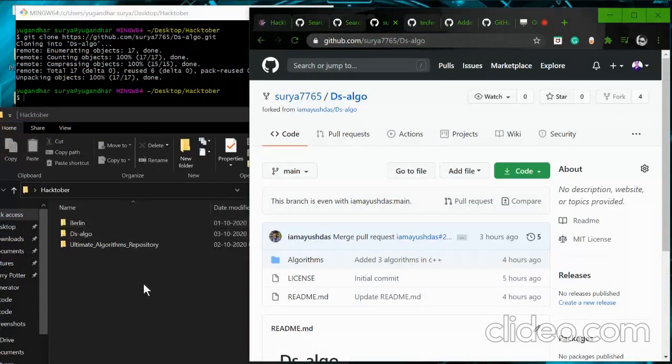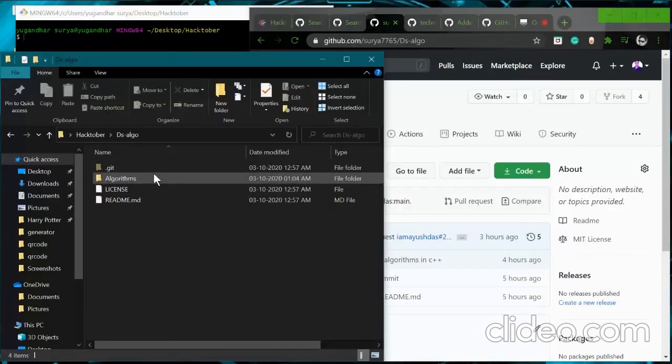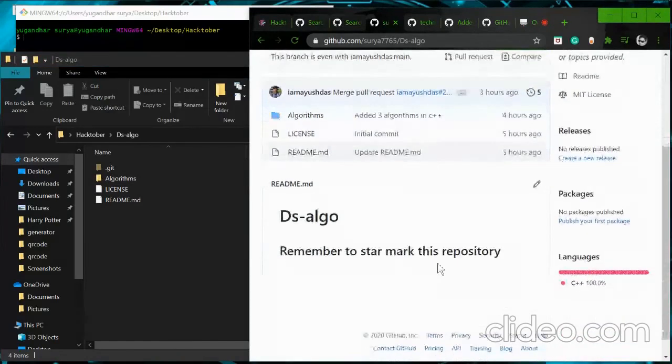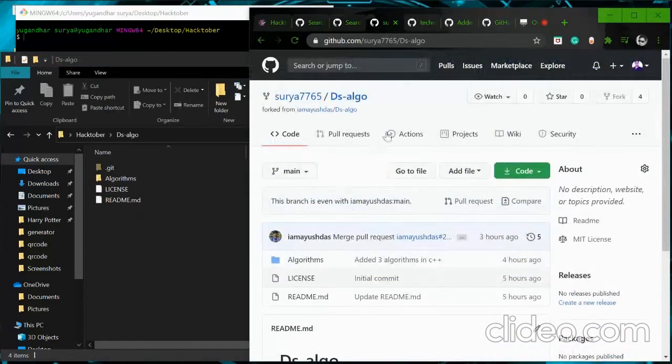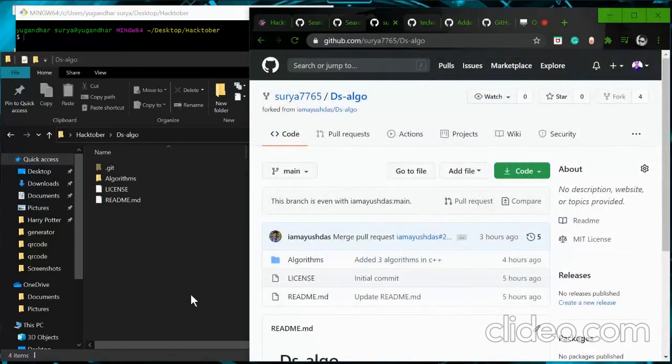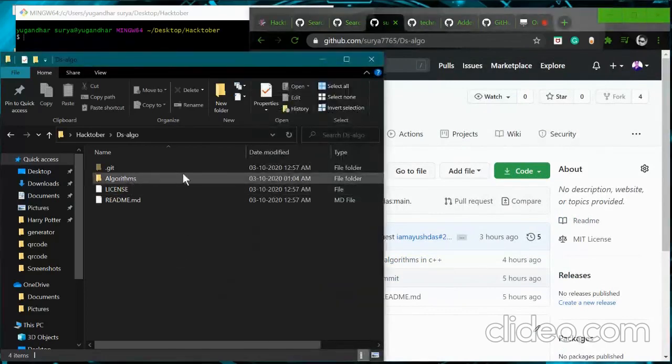I can make changes in the algorithm part, because if you see this repo, the issue creator has not asked to write something in the readme file. So I am not going to change any readme file here. I am just going to add a new algorithm in the algorithm part.